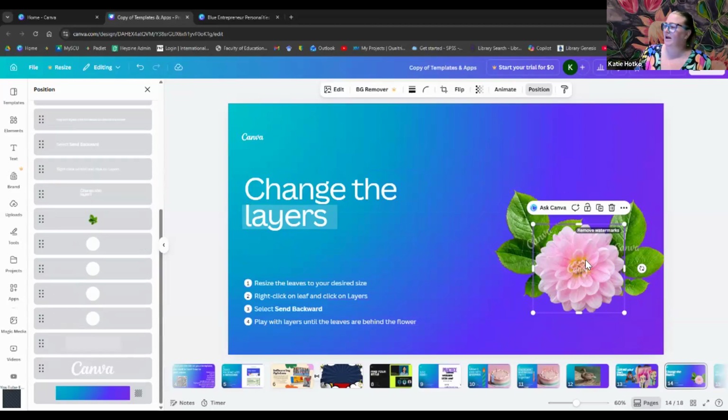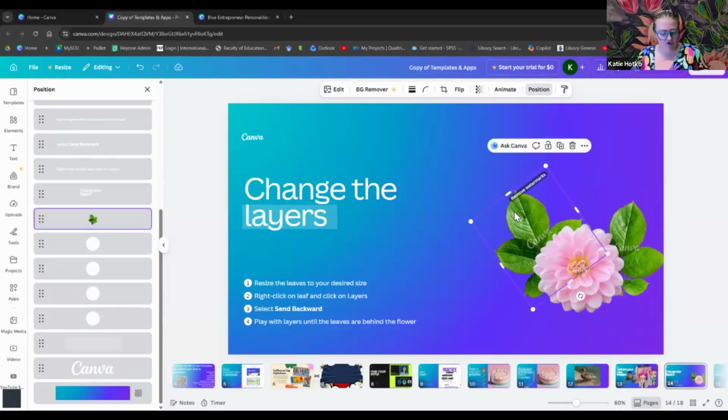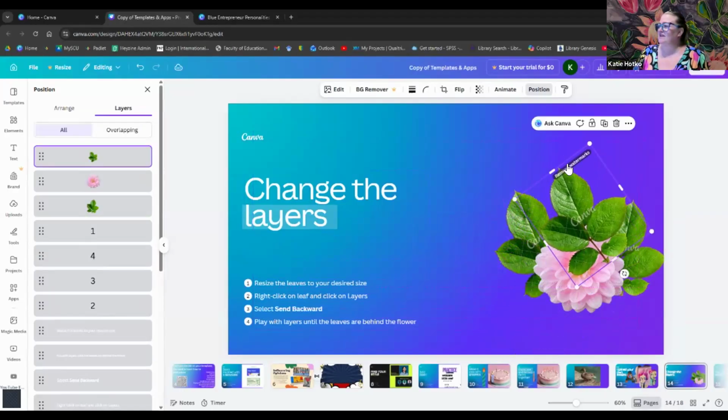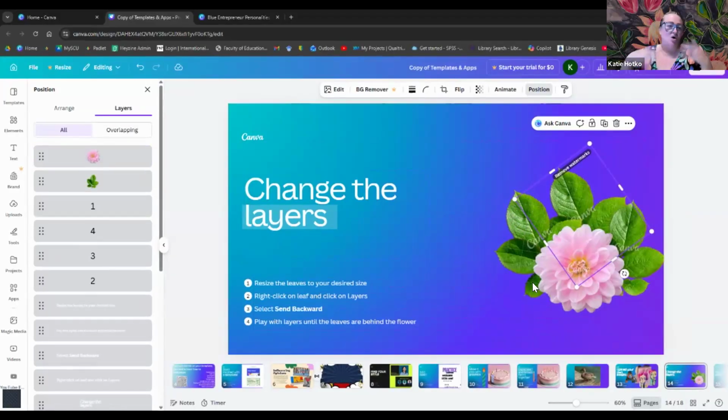They don't really count, but I can change all the layering that way and I can add more. So Control C to copy, Control V. I can add more leaves on if I want to, and then I can continue to either send it all the way to the back or send it backwards. This can help